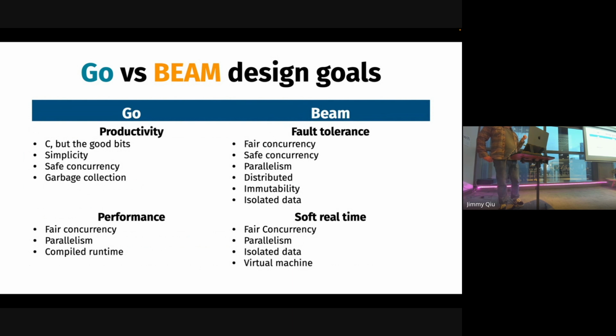So web concurrency again, safe concurrency, meaning it's hard to blow your foot up by having shared threads or anything like that. It's parallel, distributed, immutable, isolated. And a lot of these things come out of fault tolerance. So it wasn't like they said, we're going to make a functional language, we're going to have immutability, we're going to have all these different things. It's more like, no, we're going to have a fault tolerant language first. Then the other things like immutability and functional programming, all that stuff is sort of a second order effect of wanting a thing that's fault tolerant as the primary goal.